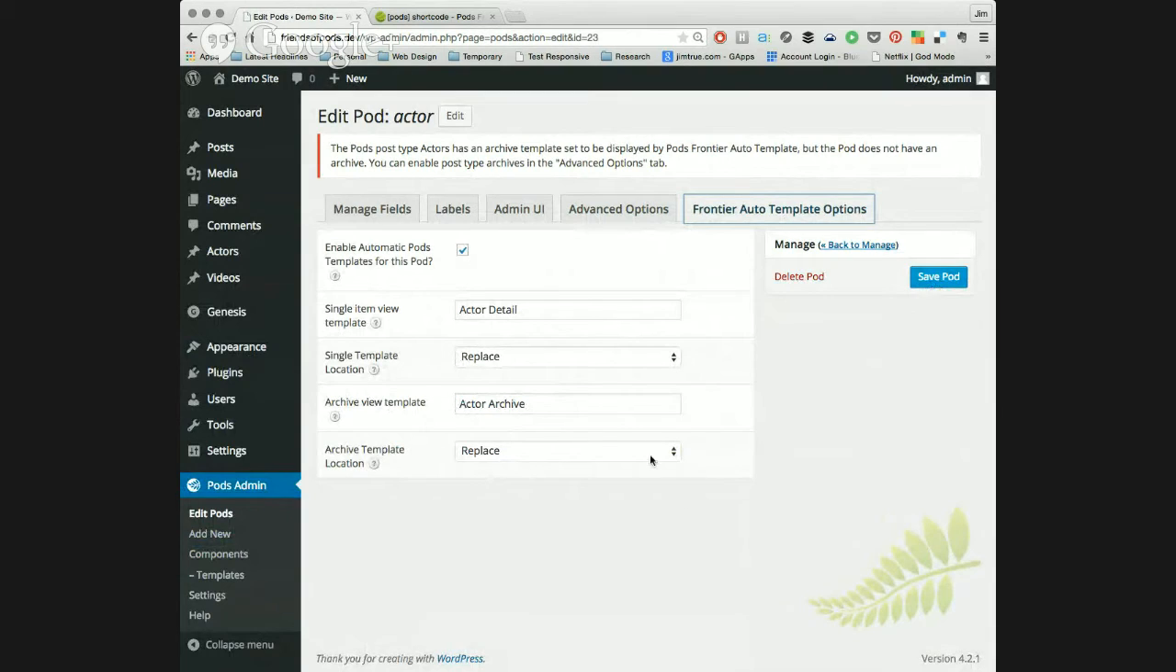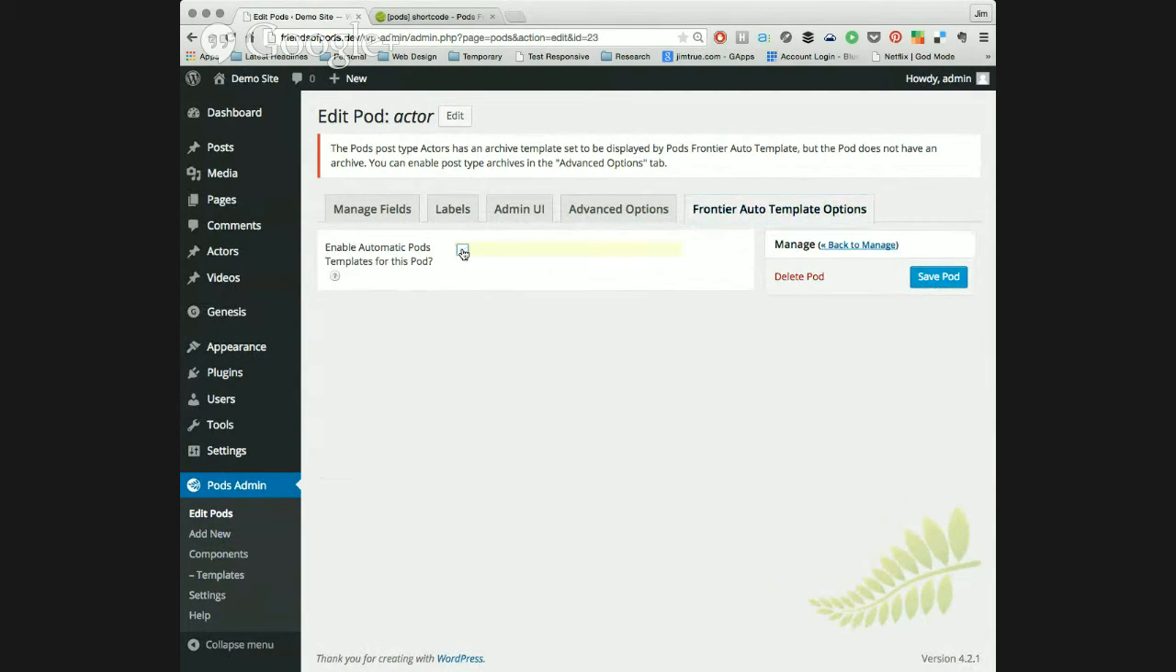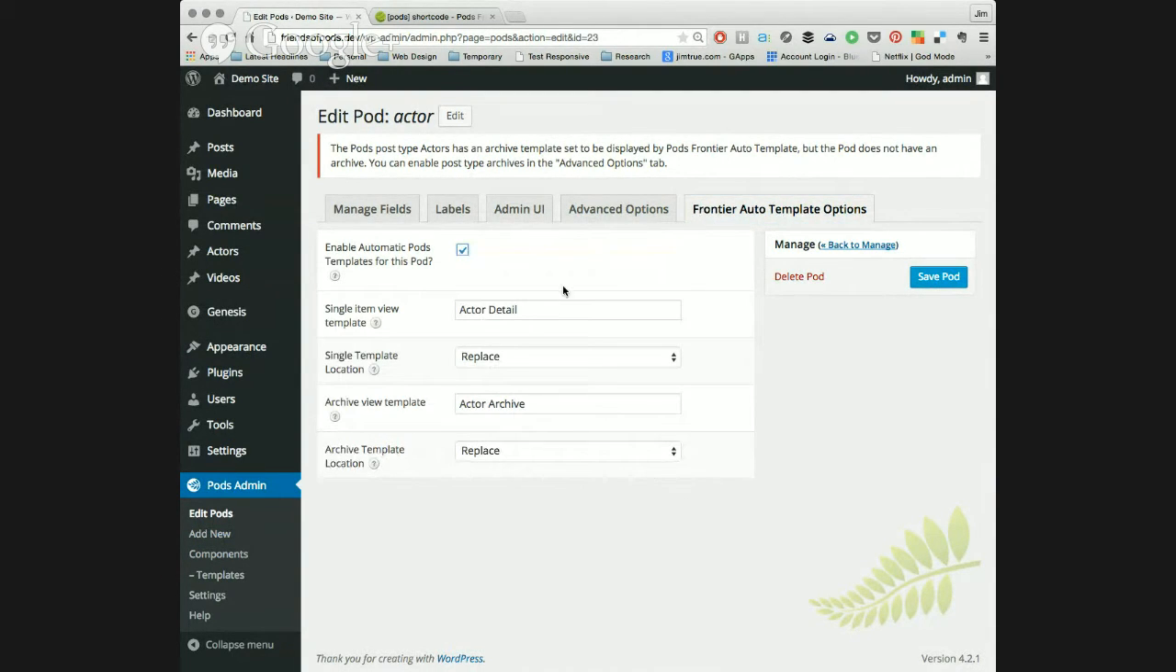Because Jim has activated the Frontier Auto Template plugin, he is able to turn it on per pod, and then he's able to say the name of what template he would like to show for single items, which one for archive views, and then whether it goes before, after, or in place of. Click Save. So if you actually had it, would it go in place of the